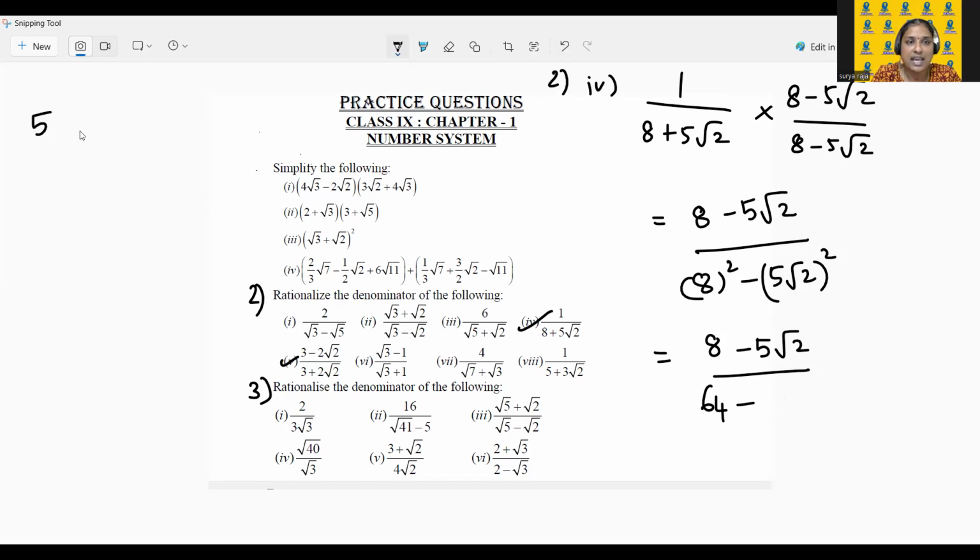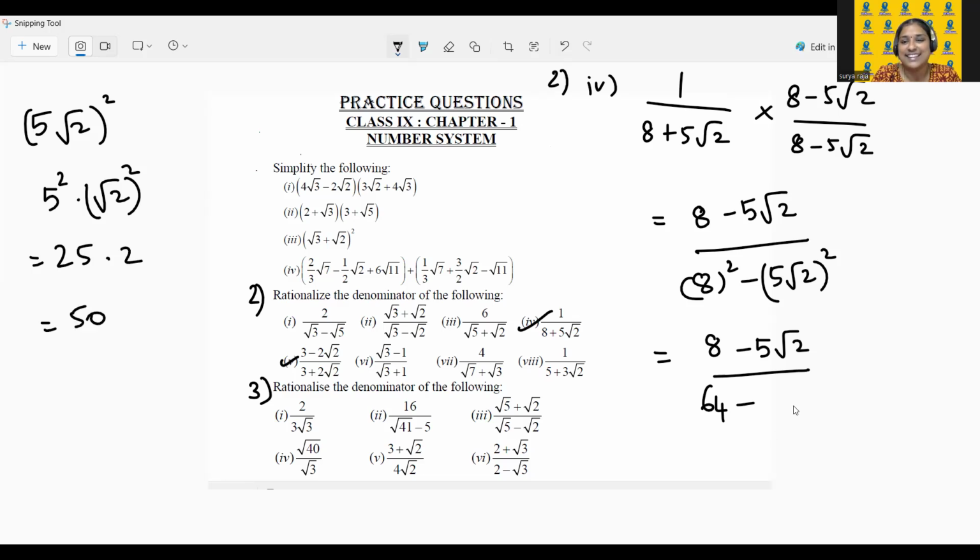The reason why I have chosen this sum is to show you this. See, include the square inside. 5 square separately. Now 5 square is 25. Square root of 2 the whole square is 2. I got 50. Is that clear? So 8 square minus 5 root 2 the whole square will be 50. Now I can write 64 minus 50 would be 14. Right, that's all. I hope you